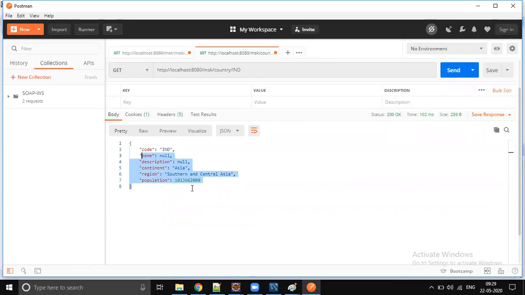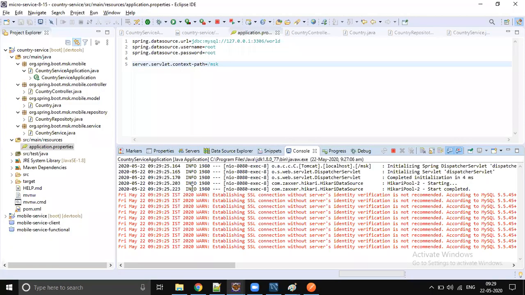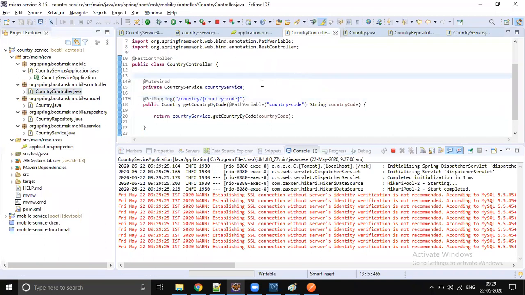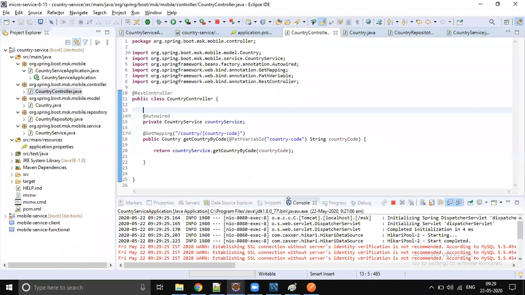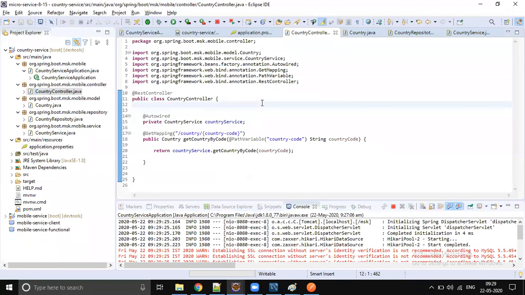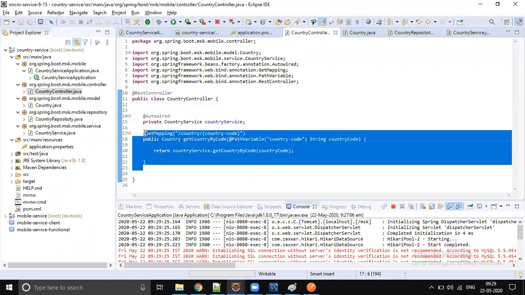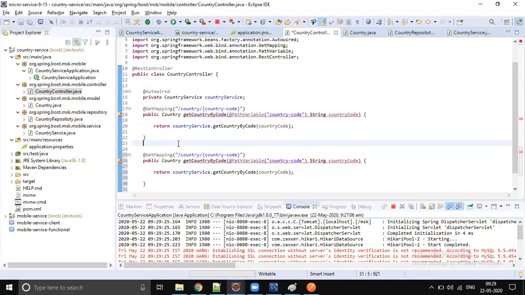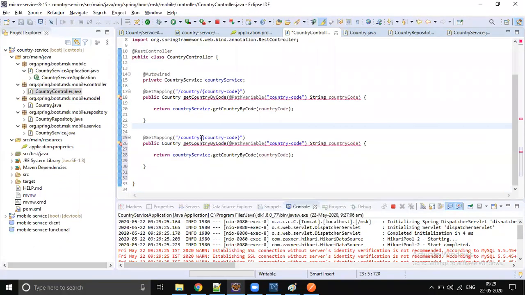So can you do one thing? Can you take care of the remaining endpoints? Is that fine? I'll share this code base with you. Actually, I don't recommend this one also. You start from scratch and do everything completely. Okay, so for now, it's like 10 to 15 more minutes to complete the remaining endpoints, right?